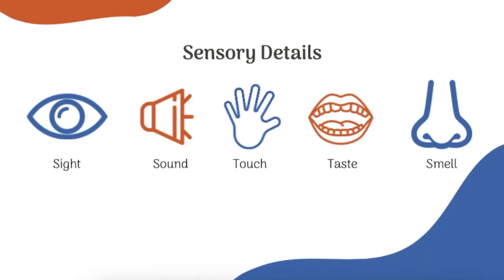When we experience the world, we do so through our senses. The 5 basic senses we usually talk about are sight, sound, touch, taste, and smell. You're probably thinking, yeah, I learned that in kindergarten. What does that have to do with my paper? But the reason you learned about the 5 basic senses in kindergarten is because they're foundational to understanding how other people perceive their reality. It's through these sensory experiences that we make sense of the world we're in, and that means that sensory descriptions are a powerful writing tool.